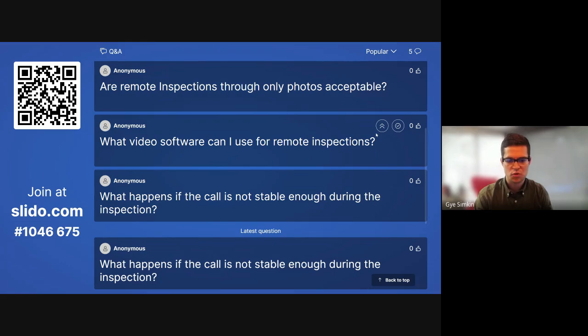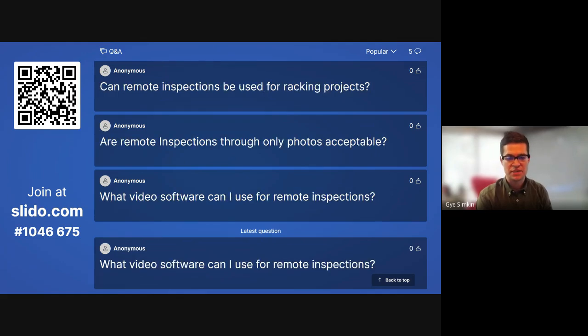What happens if the call is not stable enough during the inspection? I've heard of this one happening a few times, where the engineer might have to go down into the basement level and it's surrounded by concrete and the connection is just not stable enough. If that happens,